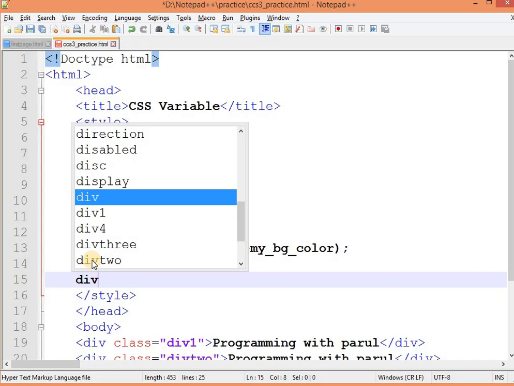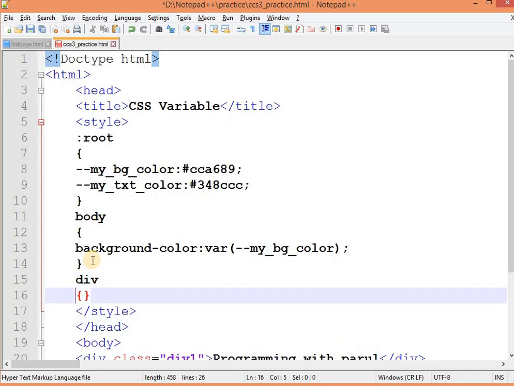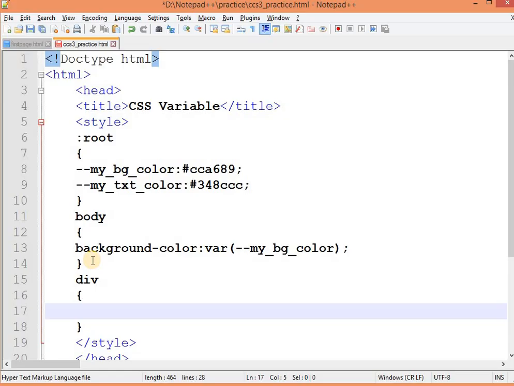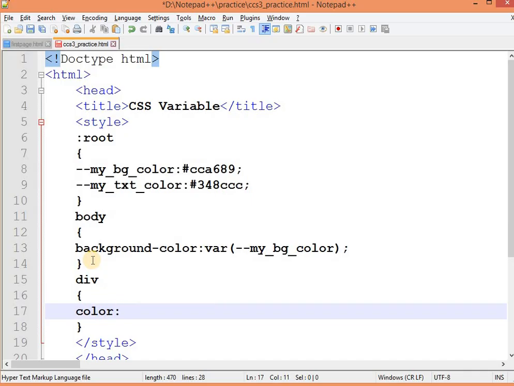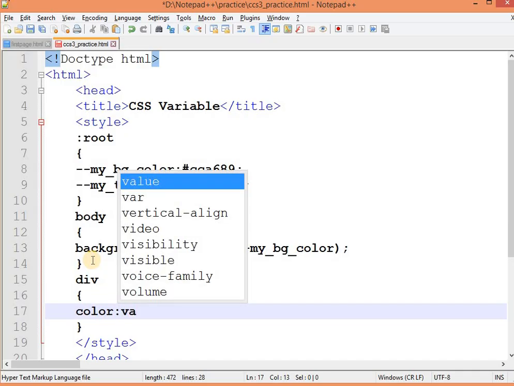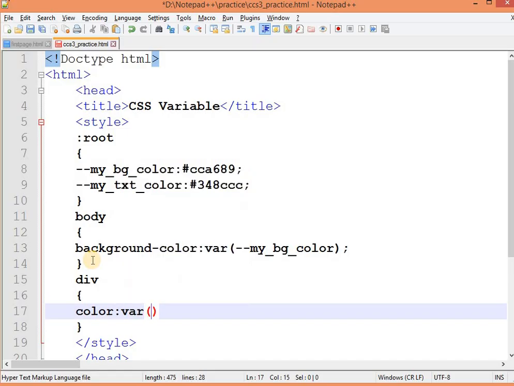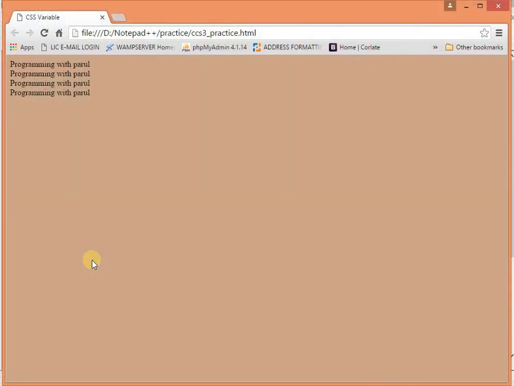So div, color colon, but I want to use my customized variable name, so var for variable, and after that dash dash my text color. If it is not working, then I want to set it as blue. Save this and just refresh this page.